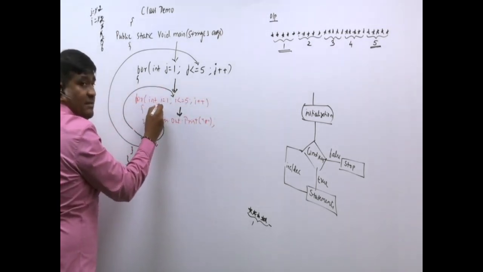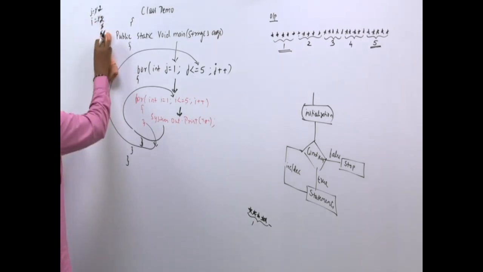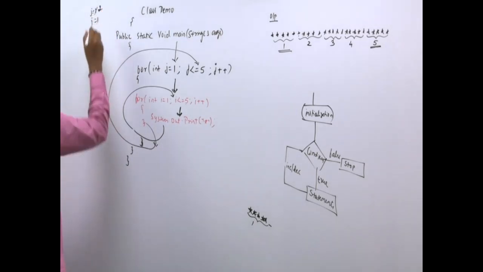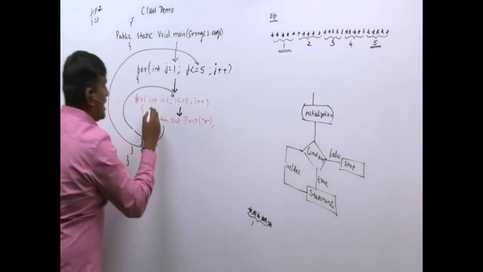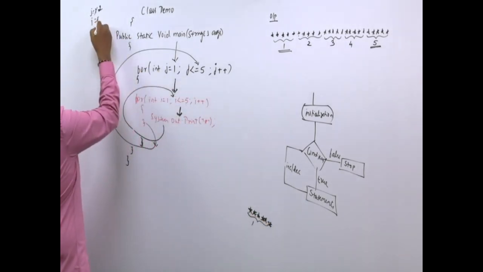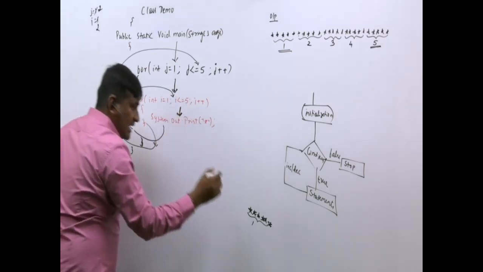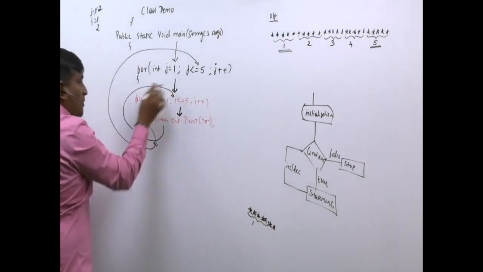Now again all these 3 will happen because already it got executed completely. Now again it will start from initialization. Now I value becomes how much? 1. So I value is 1. Is 1 less than or equal to 5? Yes, come inside. Print star. Again go back, increment. 1 becomes 2. Is 2 less than or equal to 5? Yes, print star. Again go back and check the condition.